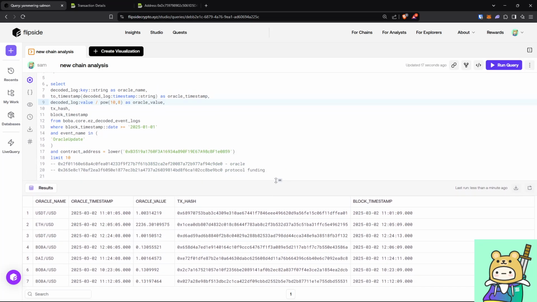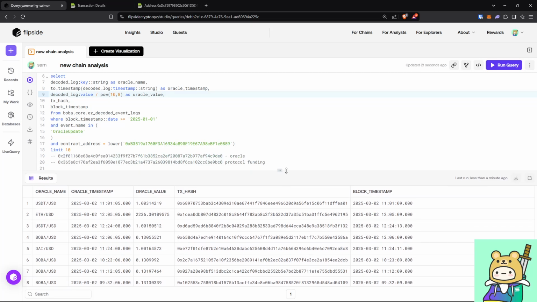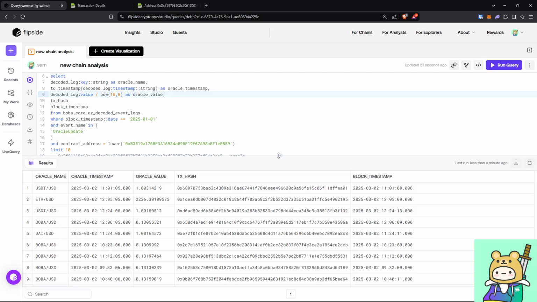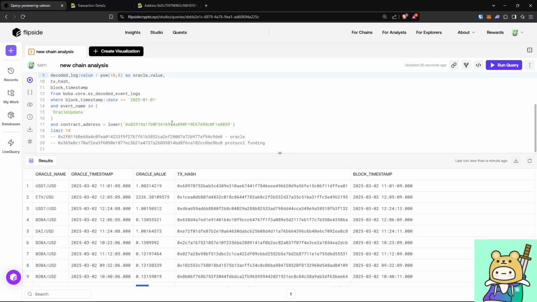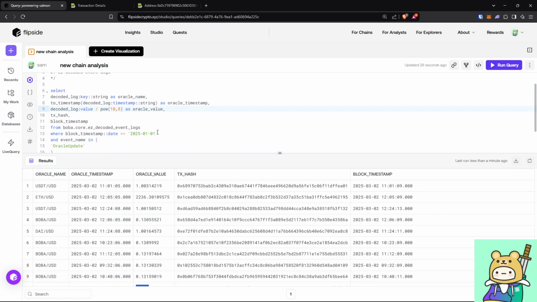So there you have it, right? Just by using the event logs table, you can easily discover new things to analyze further. Obviously, you can read about the DIA oracle or whatever this oracle is. But